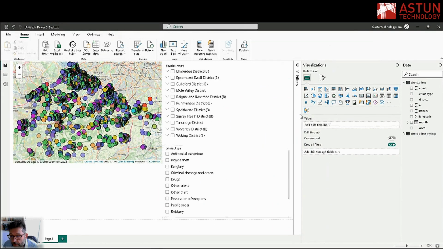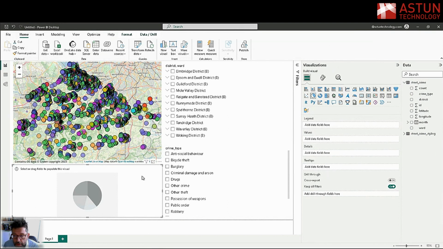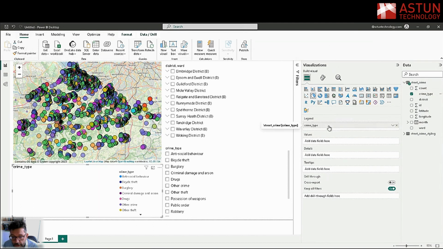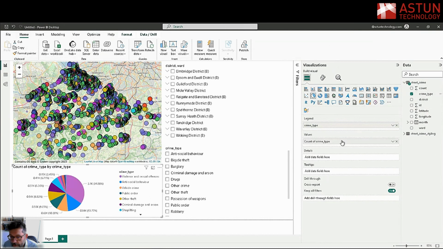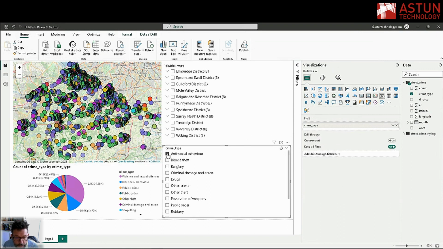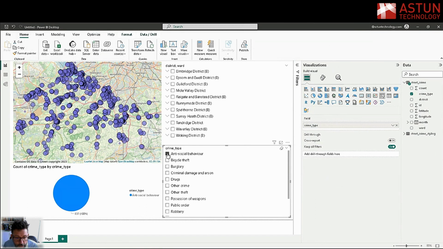The last visual I'll bring in is a pie chart. And we are going to use crime type as our legend, and also crime type as the value. So I can test this just by filtering on antisocial behavior, and you'll immediately notice that the color choices in